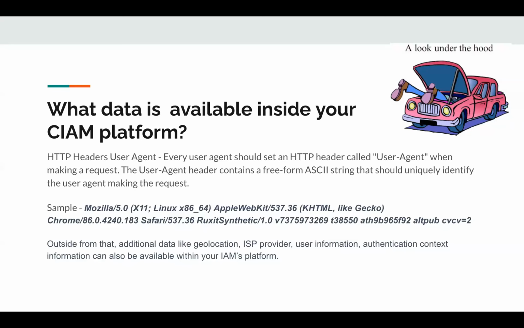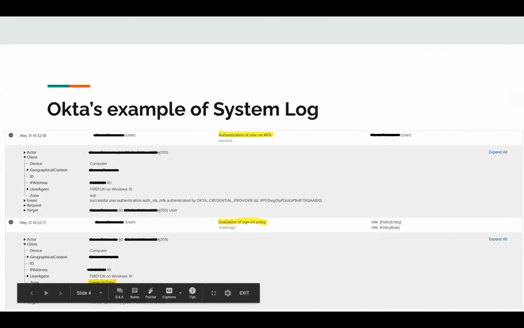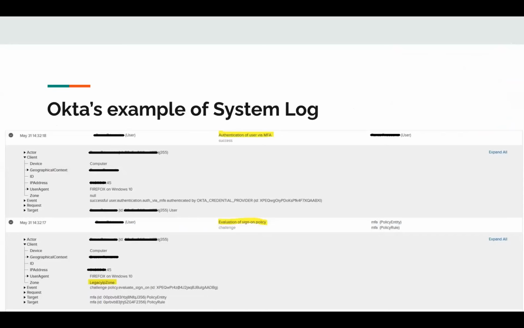platform. So if you use Okta as an example, this is how it would look within the Okta system log, wherein you will see information about the actor, which answers the who, the client, which is the device and answers the how or what, and also the user agent, which I mentioned earlier. And lastly, how the authentication was completed, whether it was done through an MFA, which we are seeing here, and what MFA was used. So different CIAM platforms provide almost overlapping information, but this is how it would look if you use Okta